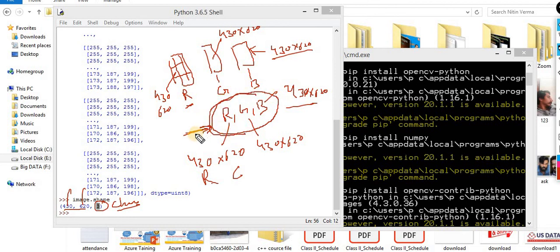You can consider RGB as the base. Every image is built on this, and every pixel value is between 0 and 256. So the value would be for every pixel, 430 into 620, multiplied, whatever the value is coming out. Every pixel value is between 0 and 256, it doesn't matter what exactly the value is. If you check it here, 252, 252. Here you can check 199, 187, 186. As you know, it represents white.